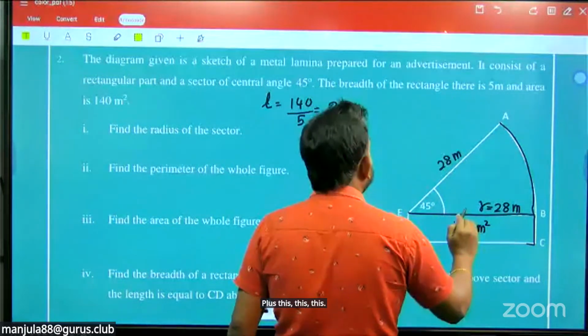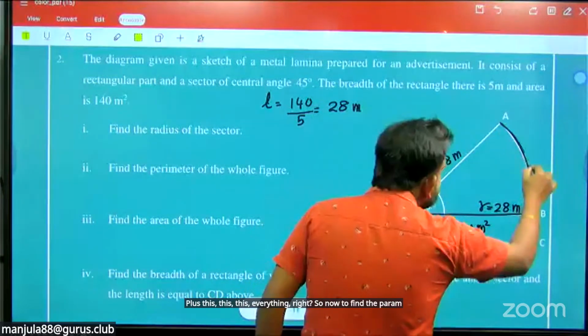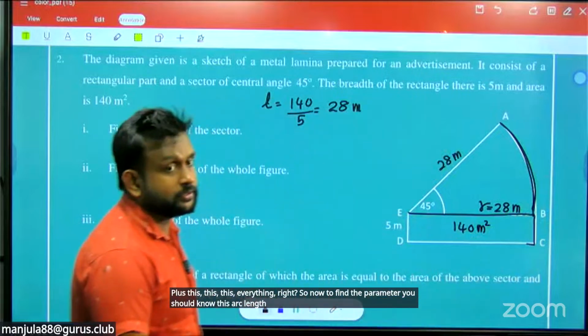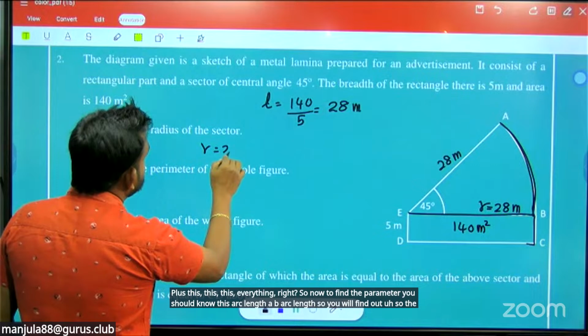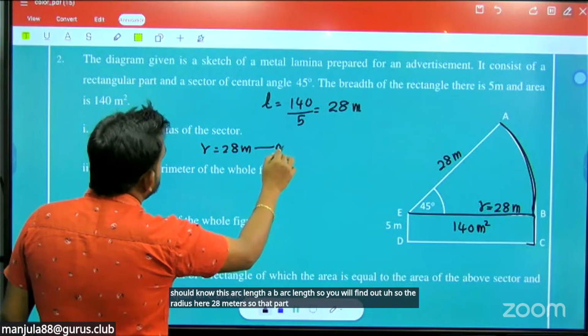Right. So now to find the perimeter, you should know this arc length, AB arc length. So you will find out. The radius here is 28 meters. So for that part you have 2 marks. Then they ask in the